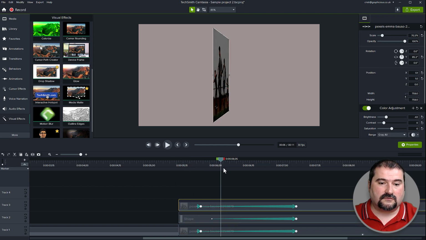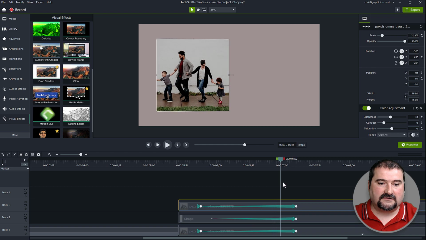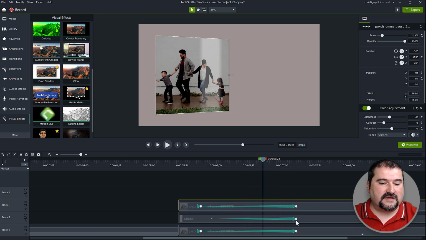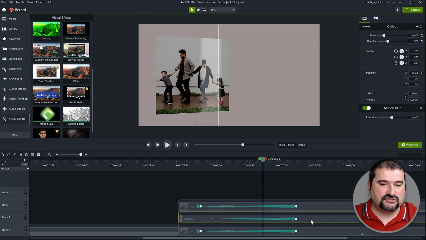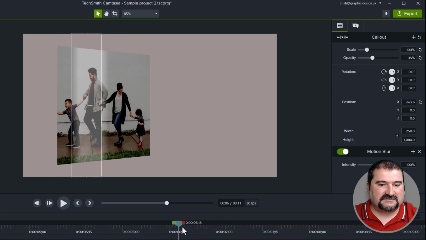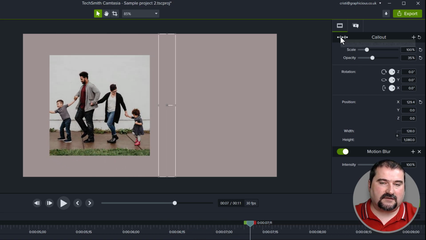So here we go. You can see the beam of light there. That looks very nice and realistic. And of course, the beam of light still has the motion blur on it. If the opacity bothers you, turn on global animation and turn it down or up, making sure you're doing it at both ends of the animation.